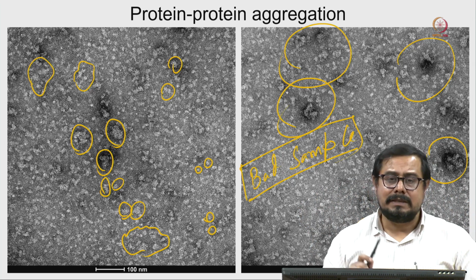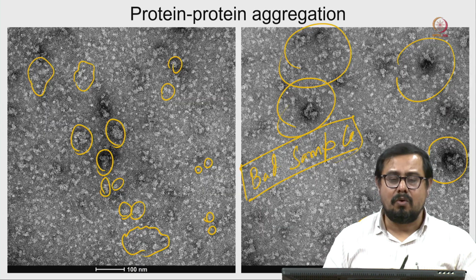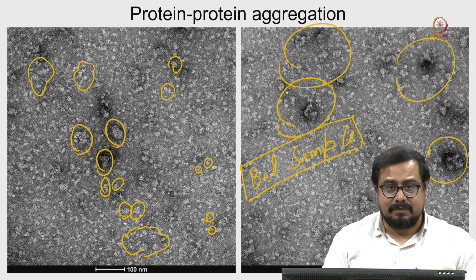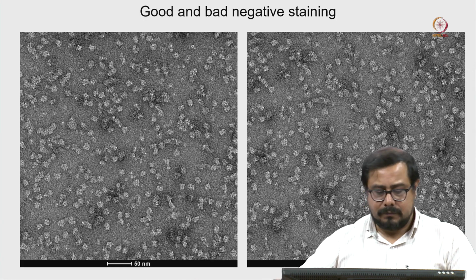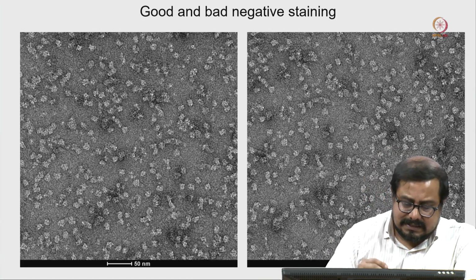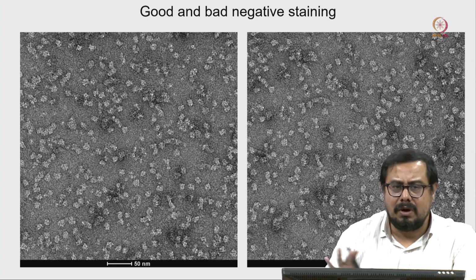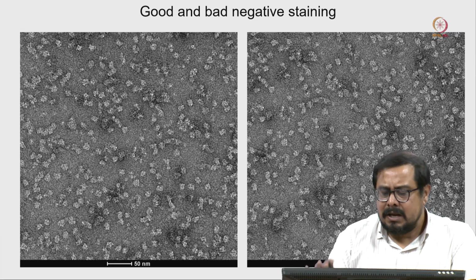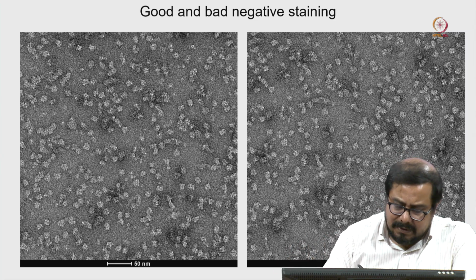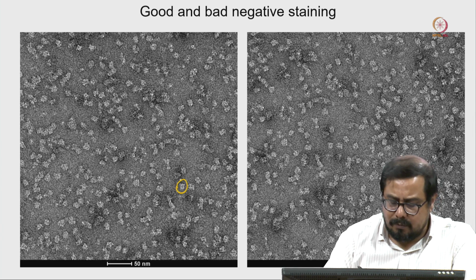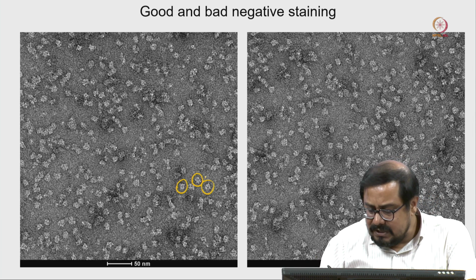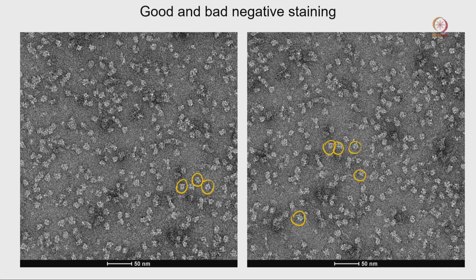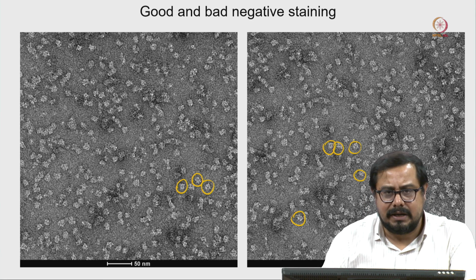So now, what is a good image? Let's take a look at a couple of good images, and then we will discuss the application of this negative staining technique. This is one of the good images, where you can see a very nice, clean background. And the protein is white, as I mentioned multiple times, white is the protein molecules for negative stain. From these images you can easily distinguish our protein sample here. They are very much isolated.